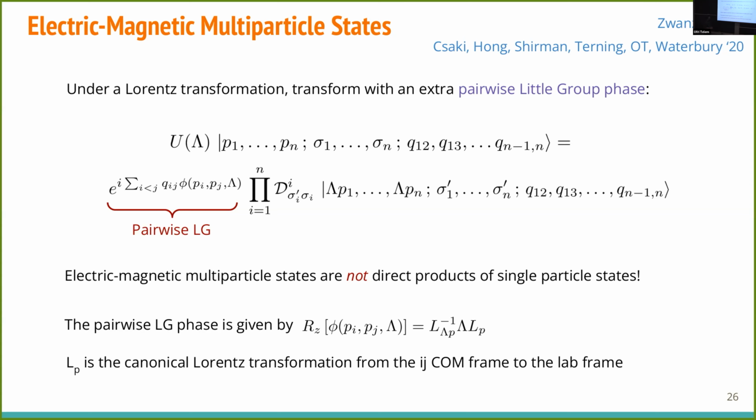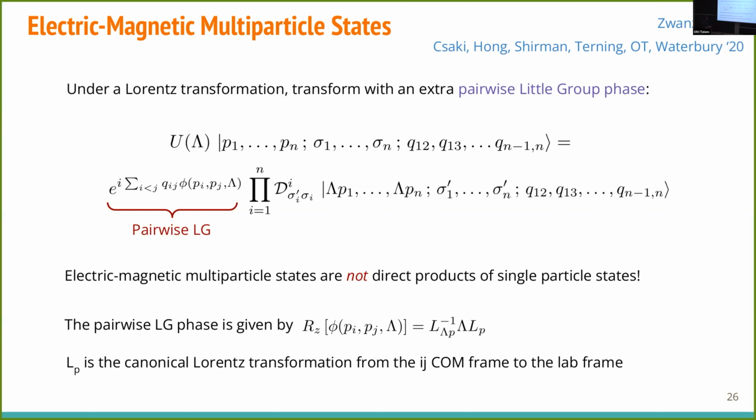These are sums of products, can be written as sums of products of one particle states. So take these two particle states, can you write it as an entangled sum? Yeah, I can. Tensor products of single particle states are a basis for that space, but to represent this on the basis of just direct tensor products, I would have to have an infinite amount of terms, probably, to do this transformation. Good. So electromagnetic multiparticle states should not be tensor products here.